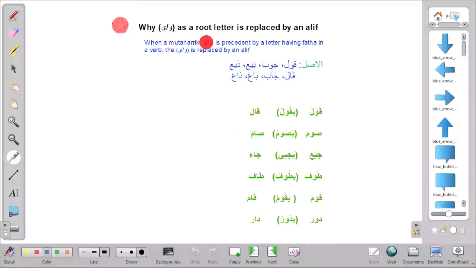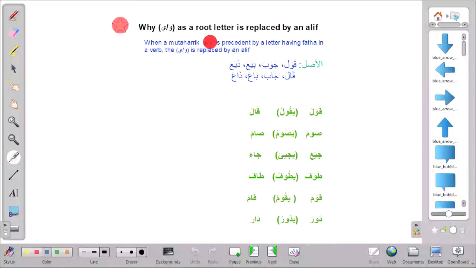Actually, taharraka means to move, so mutaharrik is something that moves. But sukun means you are stopping; it is a kind of stopping of the pronunciation. But fatha, dhamma, kesra indicate movement. So a mutaharrik Waw or Ya is one that has fatha, kesra or dhamma,